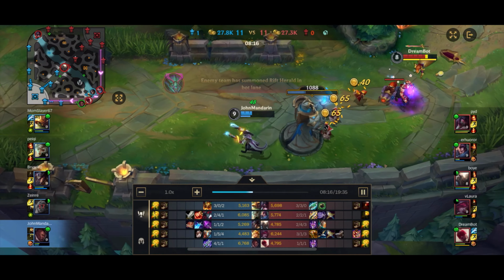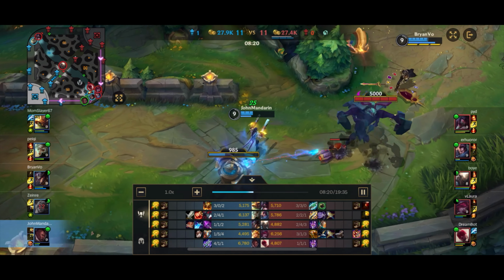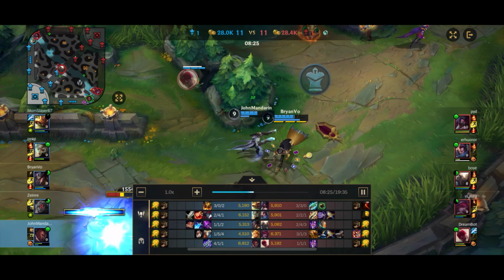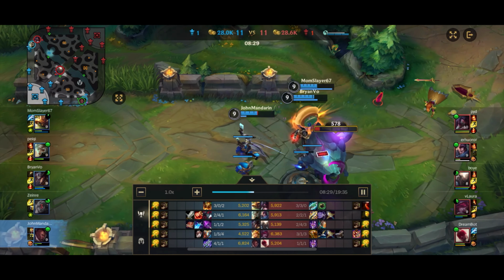Here Lucian sets down the Herald. I'm going to try to clear out the wave as best I can. No idea where that Lucian Q was headed to. That Sonic Wave was going nowhere near me. So unfortunately we do lose the tower, unavoidable of course with the Rift Herald, but we're just going to clear